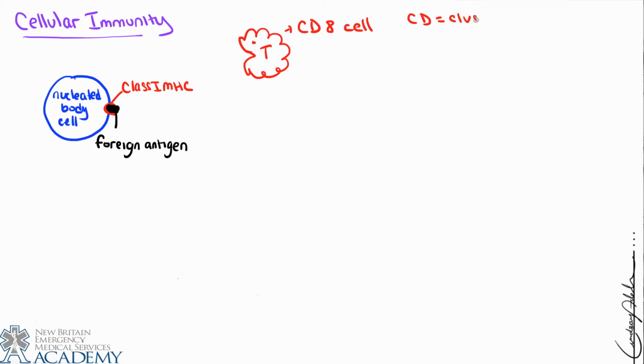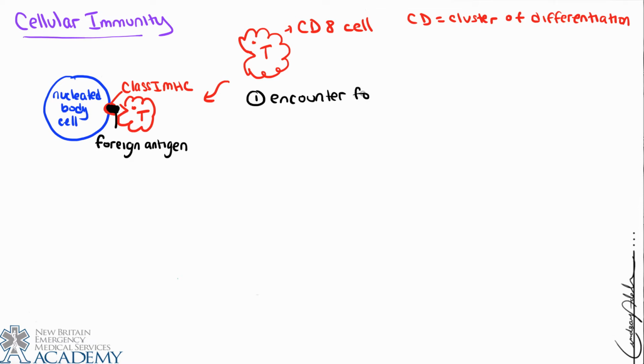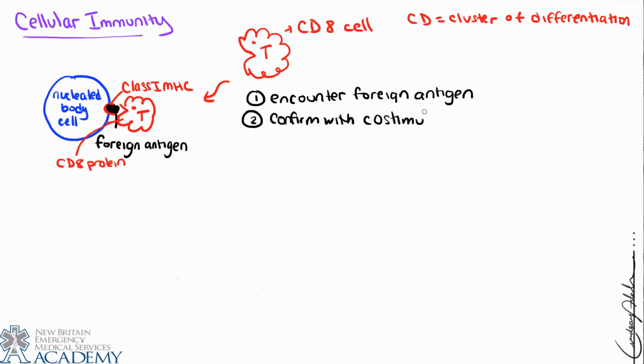And so let me just offer a point of clarification. CD is cluster of differentiation, and it's basically just a numerical coding system for classifying proteins on white blood cells. And so CD8 cells will become cytotoxic T cells or killer T cells. All right, so this CD8 cell is going to encounter foreign antigen, and it wants to confirm that this is definitely a foreign antigen with this process called co-stimulation. So there's going to be another CD8 protein that will reach out and confirm